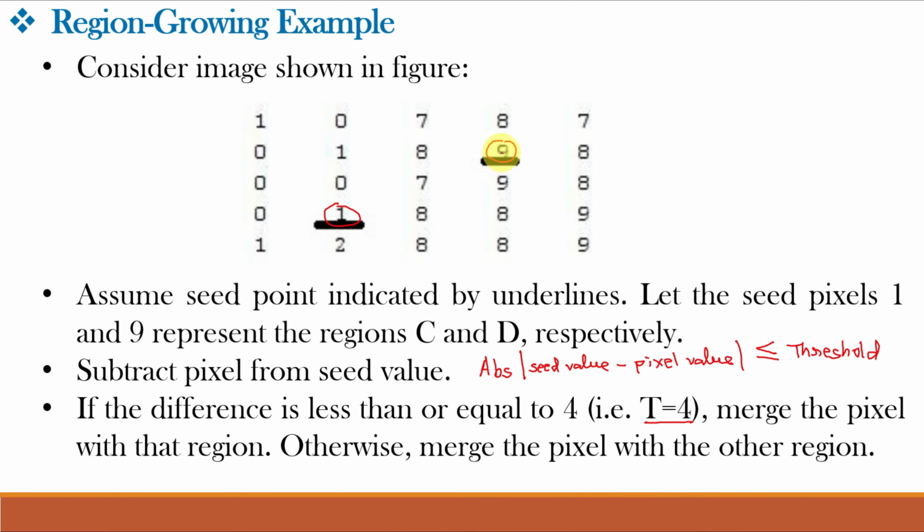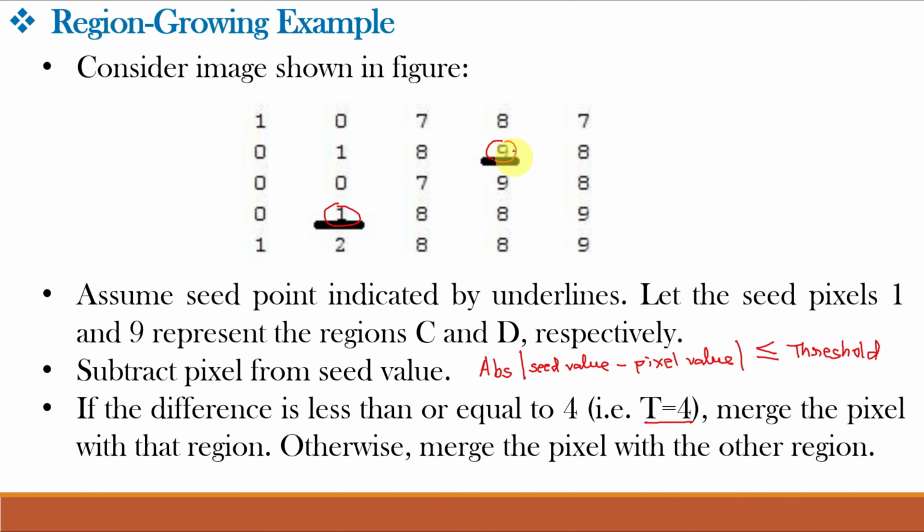Now for region growing, we can use the 4-way connectivity by using the 4 neighboring pixels, or the 8-way connectivity in which we use the 8 neighboring pixels, as we learned in the 5th video class of DIP, namely relationship between pixels. So if it is not given in the example, we should use the 8-way connectivity. Starting with 9: 9 minus 8, the absolute value of seed value minus pixel value, is equal to 1, which should be less than or equal to the threshold. So yes, it is less than or equal to 4, right? 1 is less than 4. So pixel 8 will be in the region of pixel 9.